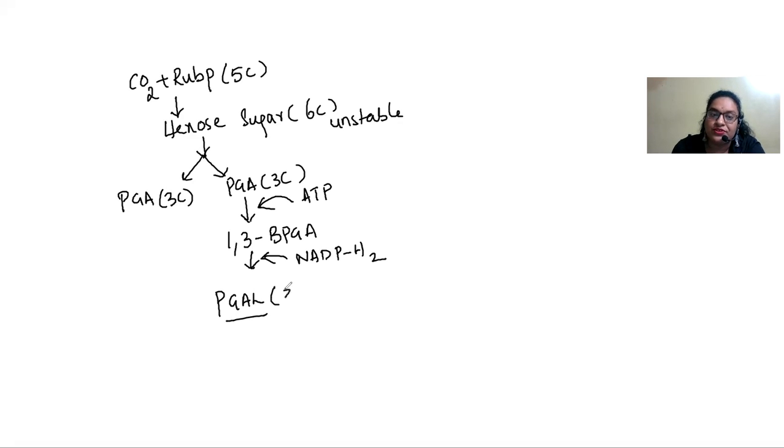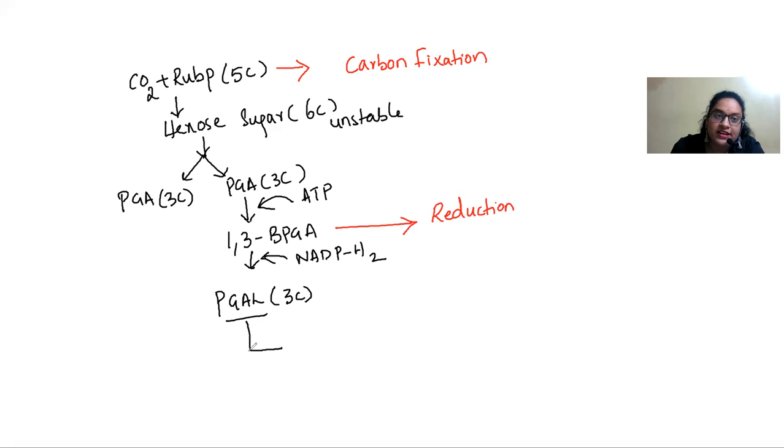This is also a 3-carbon atom compound, but there are specific names given to these reactions. Where the carbon dioxide is fixed to the RuBP, this process is called carbon fixation. And where the NADPH2 is used for reducing 1,3-BPGA, this is called the reduction process. And remember children, this 1,3-BPGA converted into PGAL is going to be used to